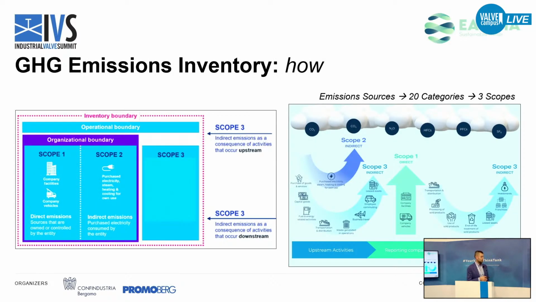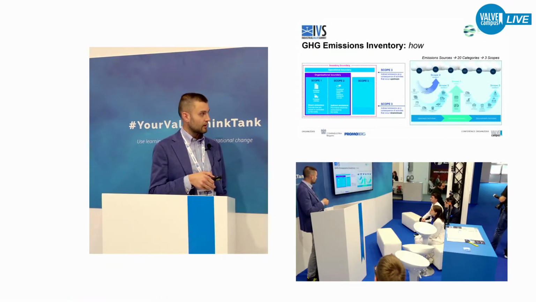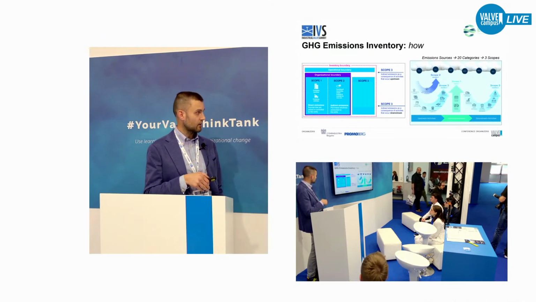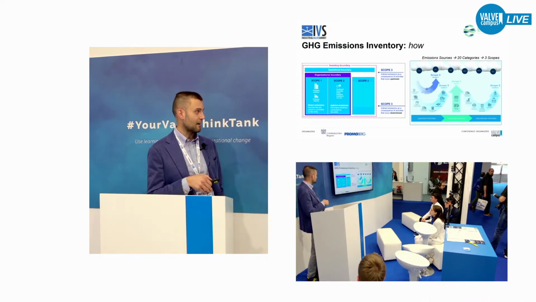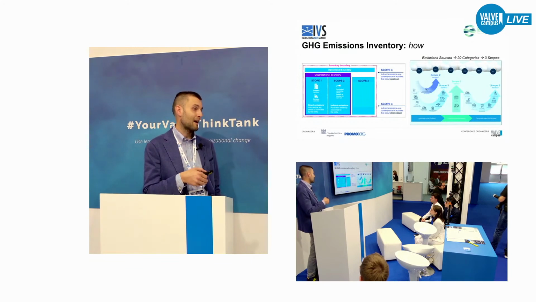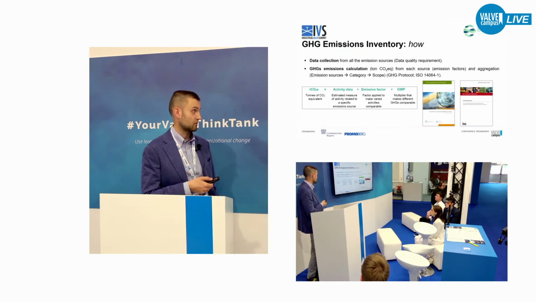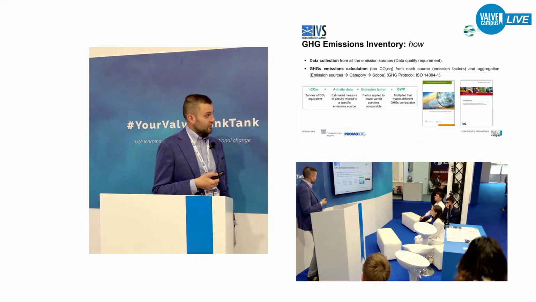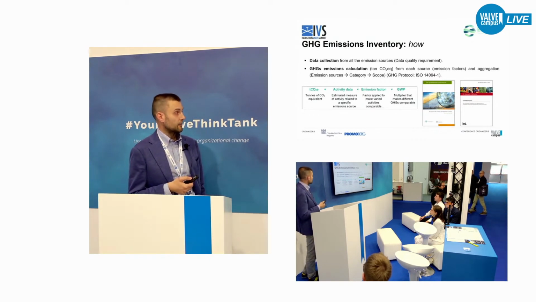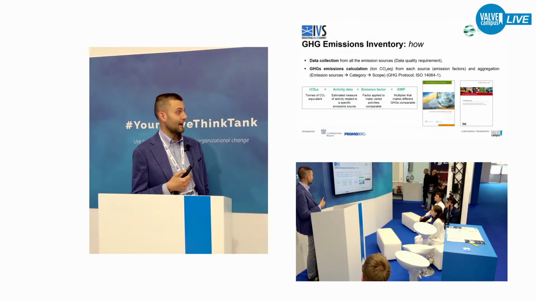This is just a representation of what I have previously defined. So we have to define the organizational boundaries, which include Scope 1 and Scope 2 emissions, and then the operational boundaries, including the Scope 3 emissions. All these scopes define the inventory boundaries, which are all the boundaries we have to include for greenhouse gases emissions estimation. After defining the emission sources and classification of sources, we have to collect data